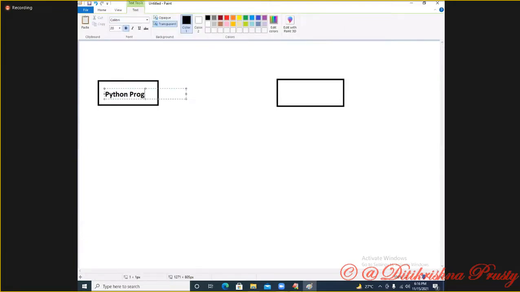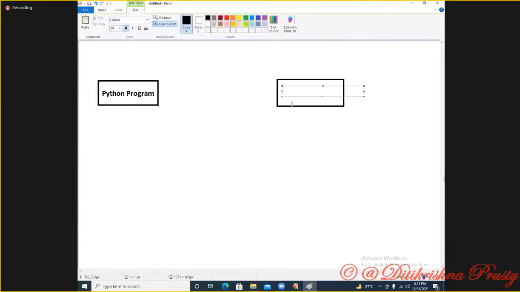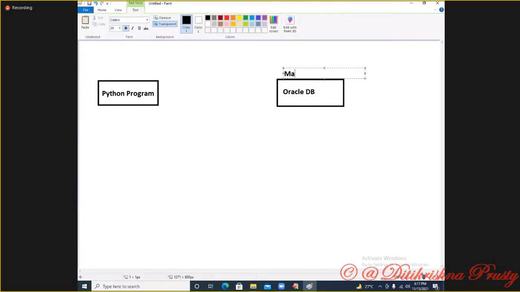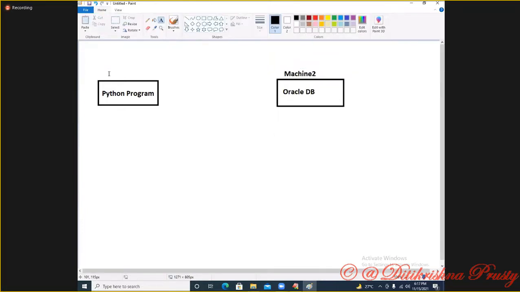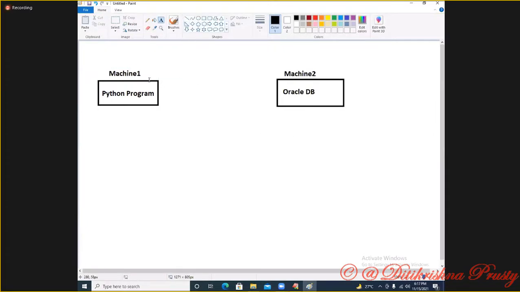This is called the Oracle database, Oracle DB. It was installed on one machine. Assume that is machine number 2, and this is machine number 1. So if machine number 1 wants to communicate with machine number 2,